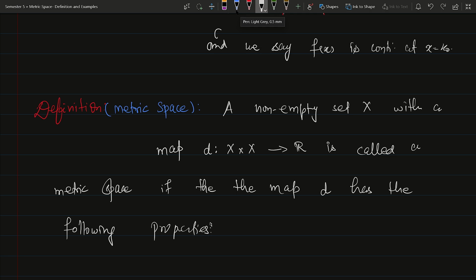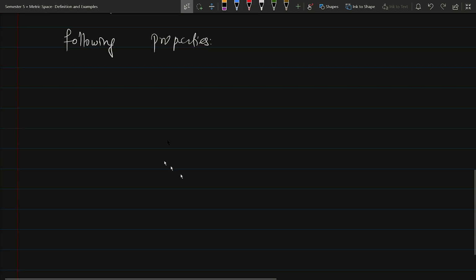ओके, सो जब कोई भी फंक्शन d कुछ पर्टिकुलर प्रॉपर्टीज को फॉलो करेगा तब हम इसे मैट्रिक कहेंगे, और उस केस में X के साथ जब हम इसका एक ऑर्डर्ड पेयर ले लेंगे तो उसको हम मैट्रिक स्पेस कहेंगे। ओके, सो दिस इज द मैप that follows these four properties. So first property is very crucial and that is again very much familiar, that हमें पता है हमेशा किन्हीं भी